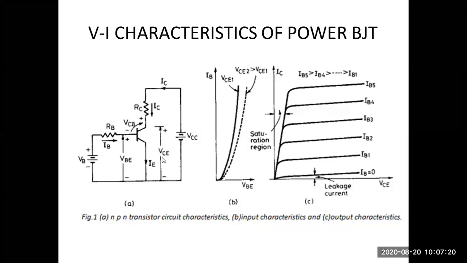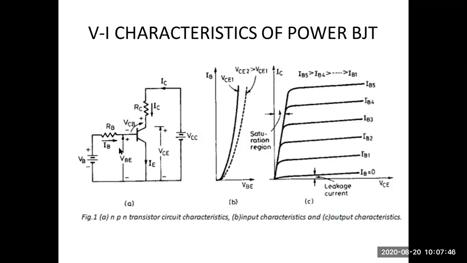Next, what about the output voltage? So output voltage here, VCC. Sorry, consider VCC as the terminal voltage. That is the external voltage we are supplying. And the output voltage in the sense of VCE is the voltage across collector and emitter. I repeat once again for the last time.